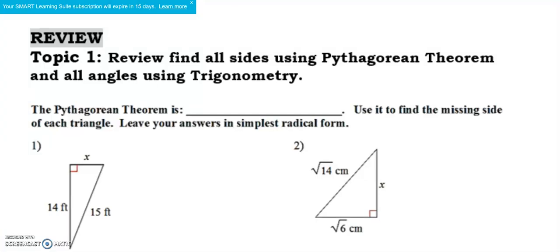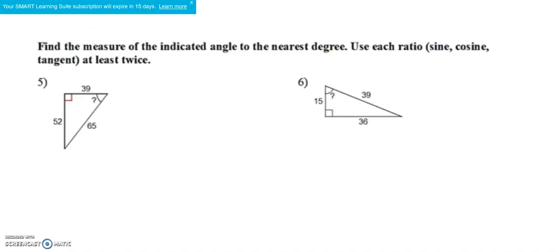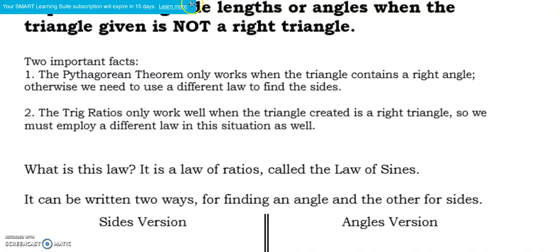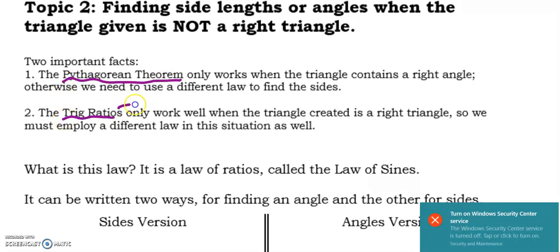All right, so hopefully you just spent some time looking over your Pythagorean theorem, doing a little review there, finding the measure of the angle using your ratios, and we are then going to move on to our next topic. Close out that. Topic 2, which is finding the side lengths or angles when the triangle is not a right triangle. So far in our trigonometry class, we've been focusing on using the Pythagorean theorem and using trig ratios, so